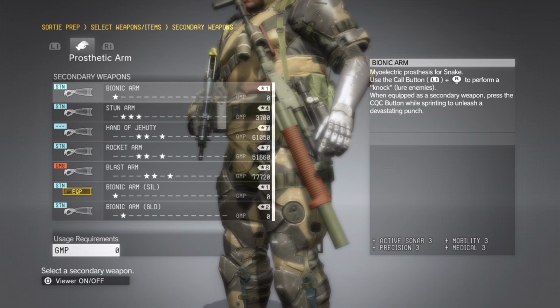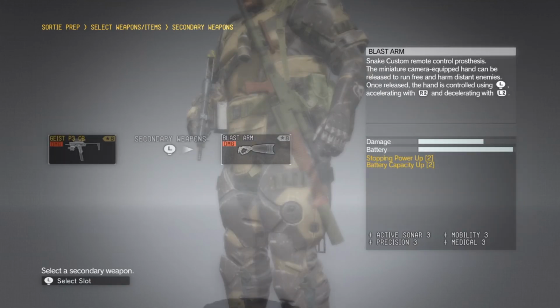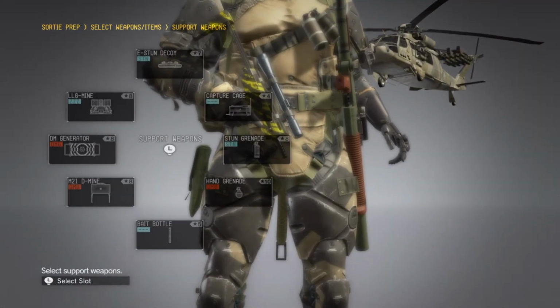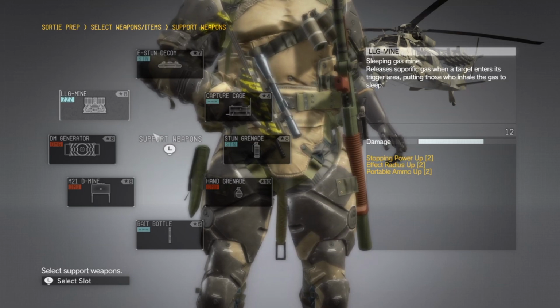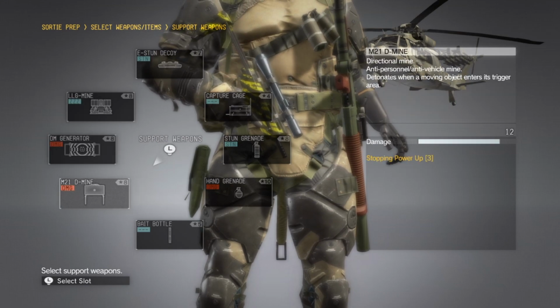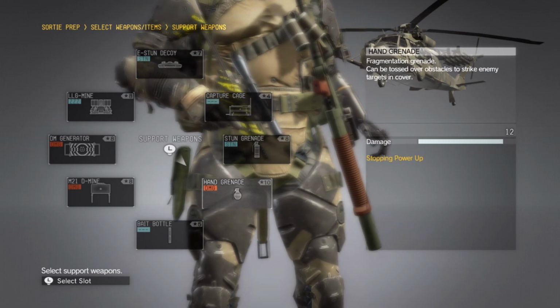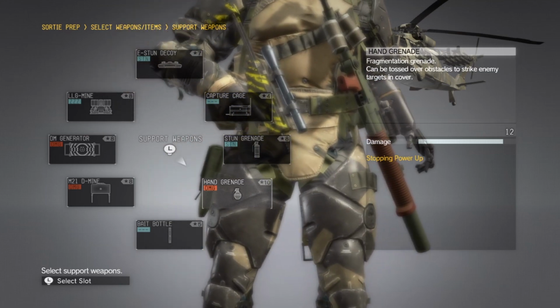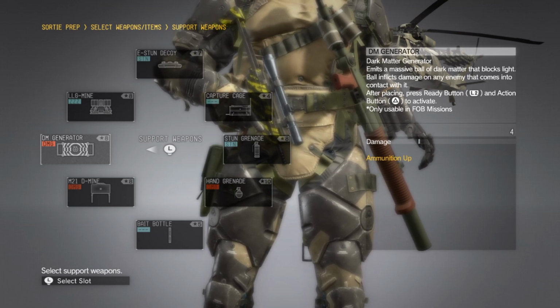Normally, I'd recommend we bring the Bionic Arm, but the Blast Arm is a lot cooler looking, and while that really isn't going to give us any sort of tactical edge, I like it, so do it. We're also going to bring Grade 7 E-Stun decoys, Grade 8 sleep mines, Grade 8 M21 lethal mines, hand grenades, those are going to be Grade 10, the dark matter generator Grade 8,